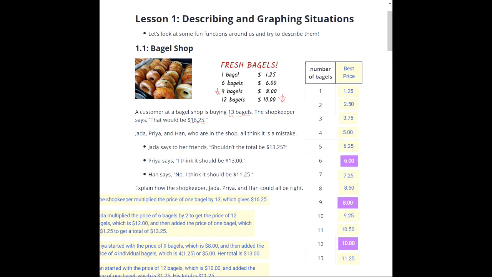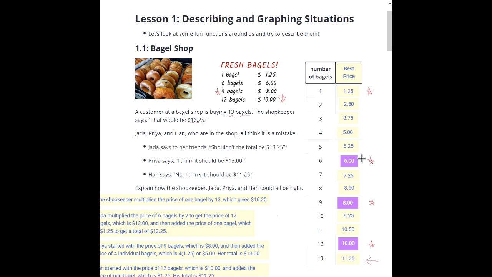So what I've done over here on the right-hand side is I calculated the best price. So we can see, here's our one bagel, okay, from our menu. Here's our 6 bagels. Okay, here's our 9 bagel price and our 12 bagel price. So you can see that the cost goes down, right? There's a discount for each level here, all right? And then we're just going to take this $10. We're going to add that $1.25 for the last bagel, and then that's going to give us the best price